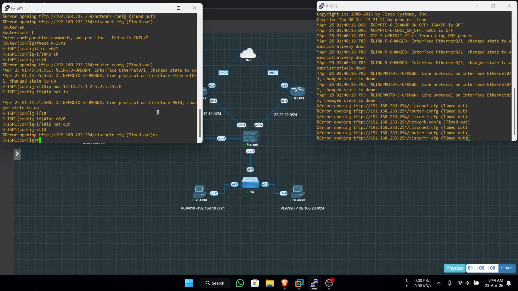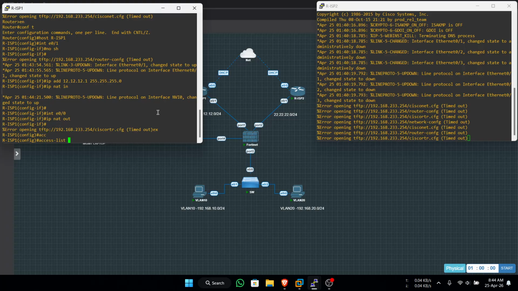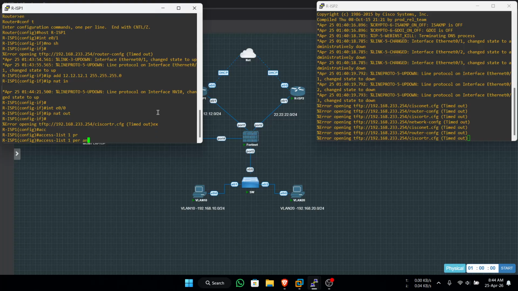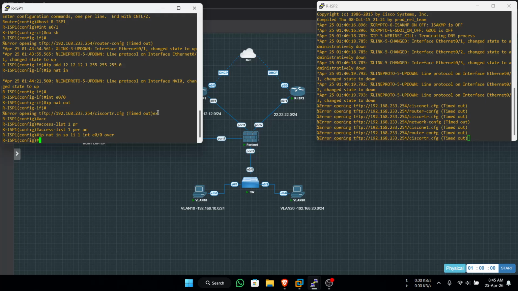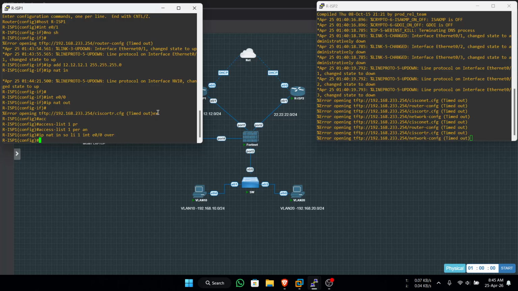After exit you make an access list, permit, and after that ip nat inside source this one, interface 0/0, this is from the internet, overload. Okay, configuration is done. You can do write memory.